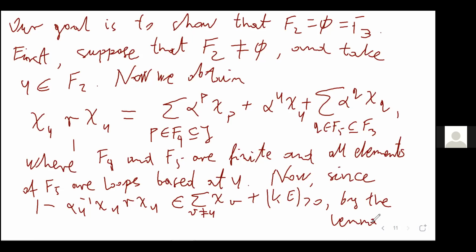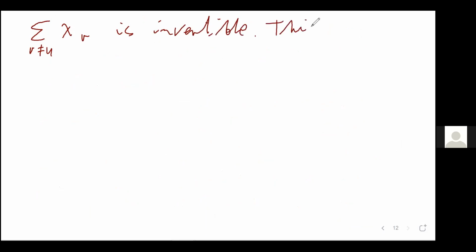And by the lemma, we can conclude that the sum over V not equal to U of chi V is invertible. And this gives a desired contradiction